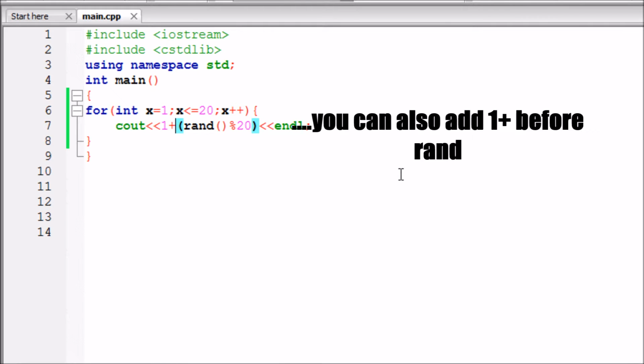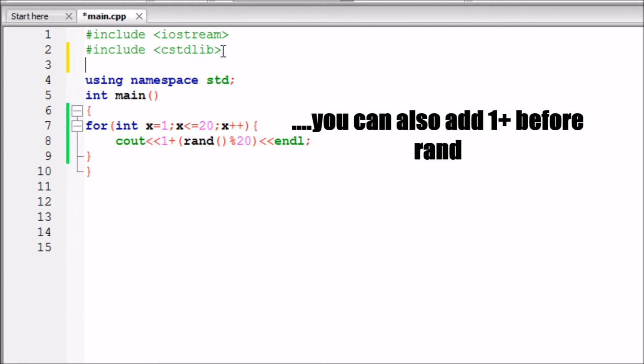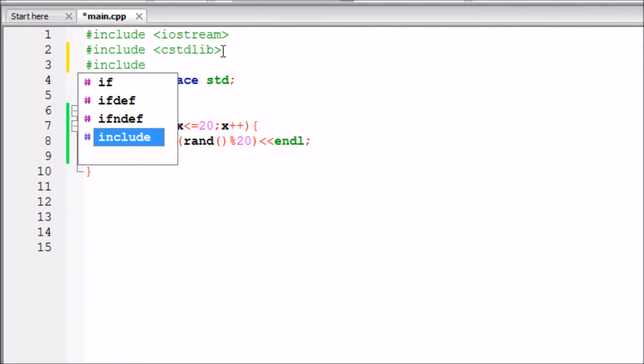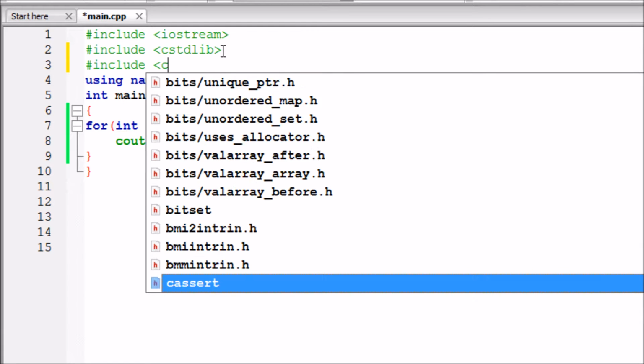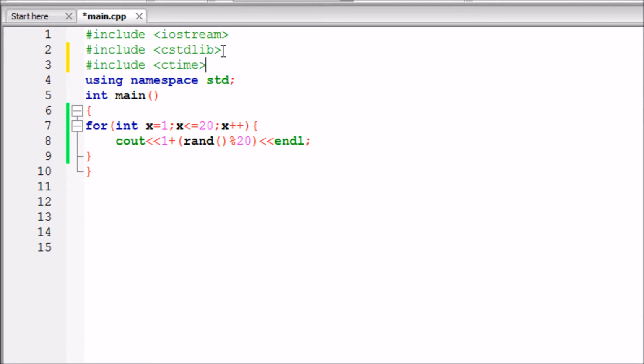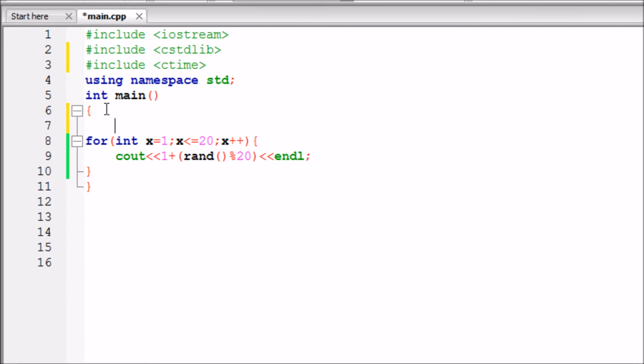But that's still a problem. So what do we do now? Now we might want to include another header file. So include, and the name of this header file is ctime. What this ctime will enable us to do is access the clock of our computer. So now if we go ahead here and seed before the for loop, write srand, and in this case we write 47 or 45 or whatever. So if we go and build and run the program,